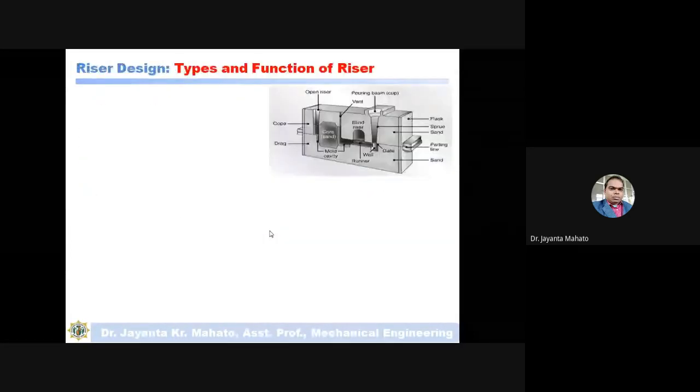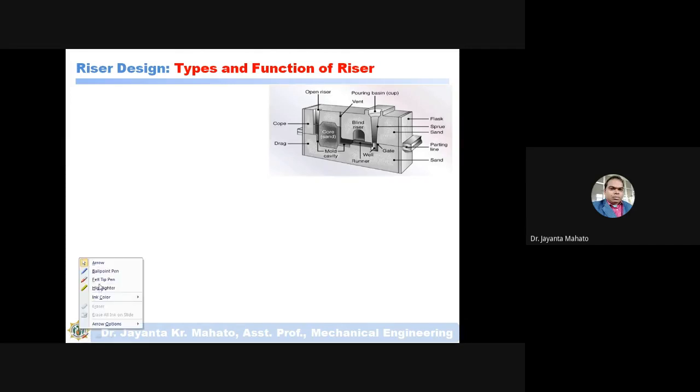So today we will discuss about Raja design. Okay. So first, there are different types of Rajas, and I will tell the function of different Rajas. So first of all, what is the Raja? Have you any idea which part is called the Raja? I have told in the previous class, and I have used this term several times.